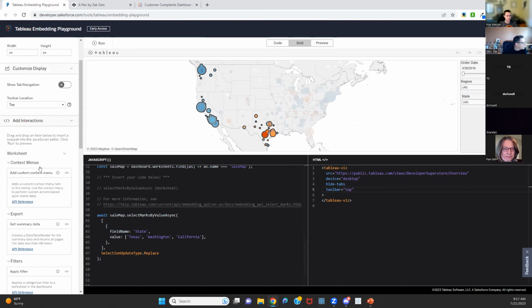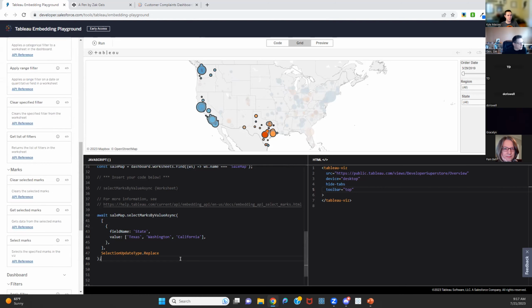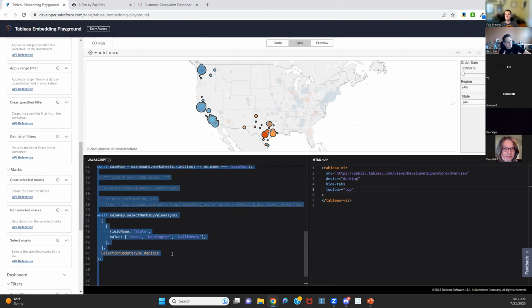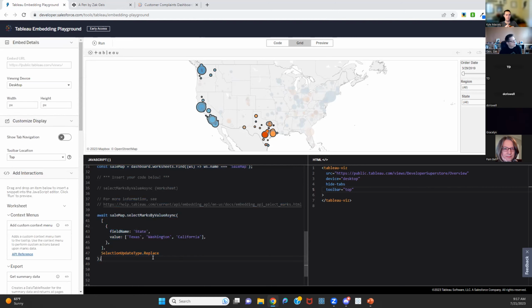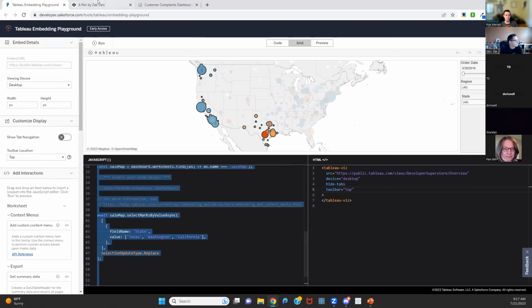What I did want to show very quickly is, this is fine. We can keep this. Like I mentioned, this is kind of light as far as features right now. It is something they're still adding more to. But one of the things you probably would want to do is do some of the stuff on your own. So what you can do for now, until all of that is opened up, is just let's take this,